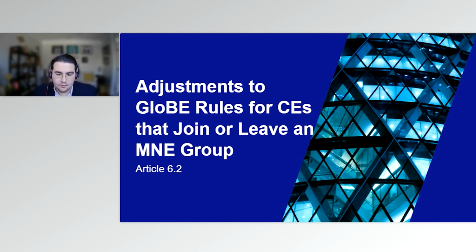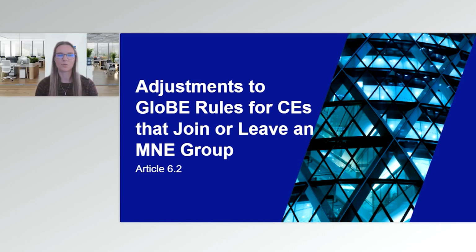Yeah, so Article 6.1, as Justin said, dealt with how you determine your M&E group with respect to mergers and demergers that may have taken place throughout the year. Article 6.2 is going to provide rules on how to adjust your computation of GLoBE income or loss if you have an acquisition or disposition of a controlling interest in a constituent entity during the tax year. And Article 6.2 is going to provide modifications and clarifications to the operation of these GLoBE rules, so that we produce a smooth separation of the target from the seller and a smooth integration of that target into the acquiring group.